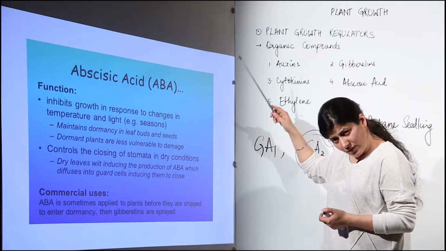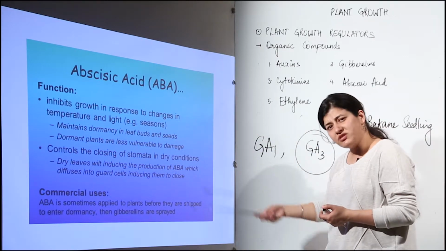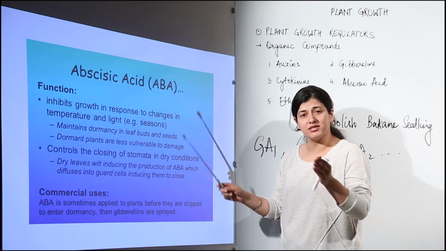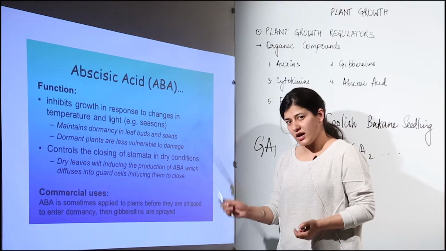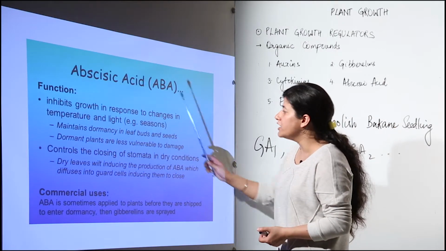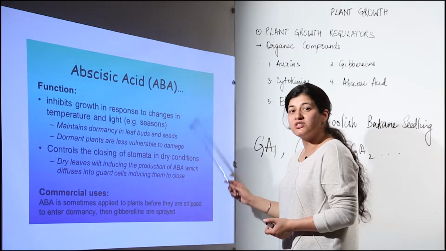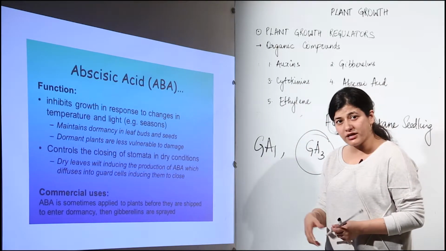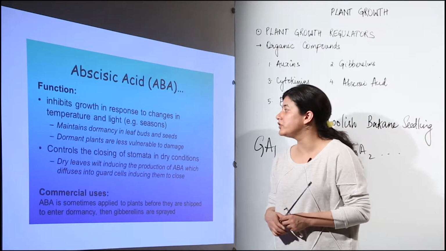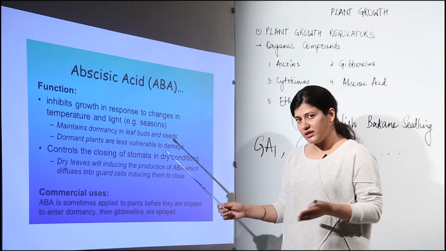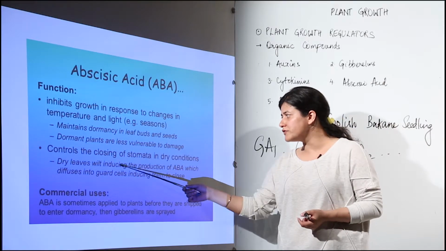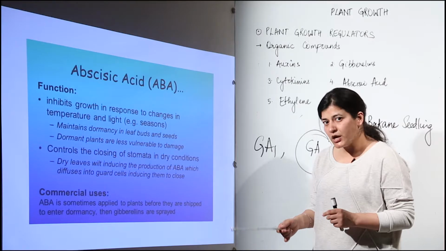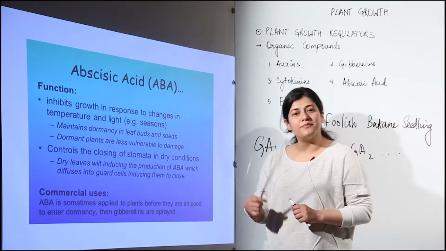Then the abscisic acid graph would come down because it would be used up in the form of other metabolites. But for the situation where the conditions are unfavorable, abscisic acid would be high in those particular organs of the plant. Dormant plants are less vulnerable to damage. That is why abscisic acid is synthesized in those plants where the favorable conditions are not present. That means stressful conditions are there. Then we did discuss that it is responsible for closing of stomata in dry conditions so that lesser water loss would take place. Then it is also responsible for abscission of the leaves.